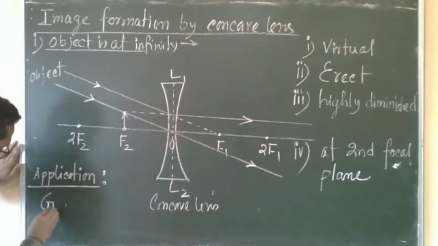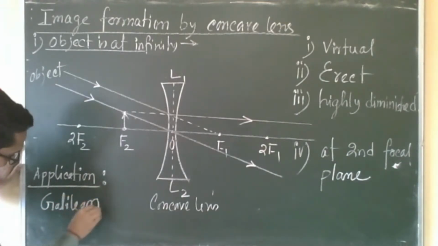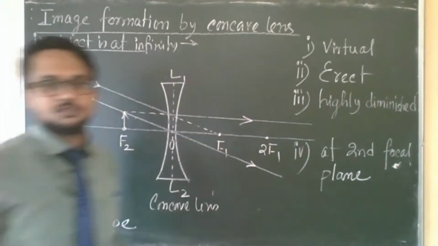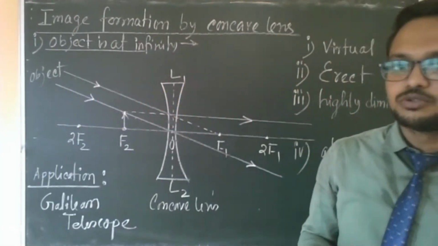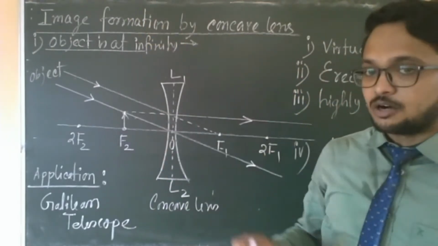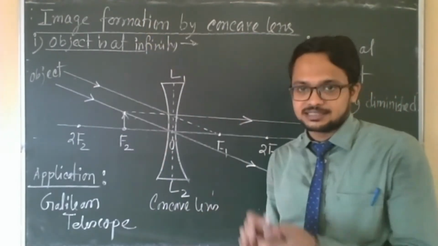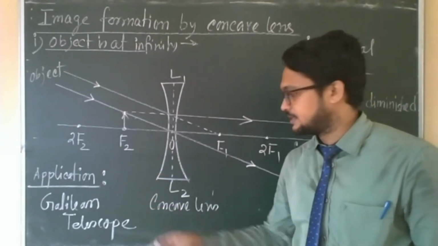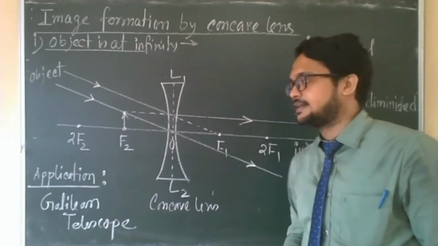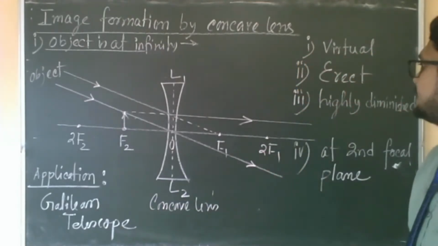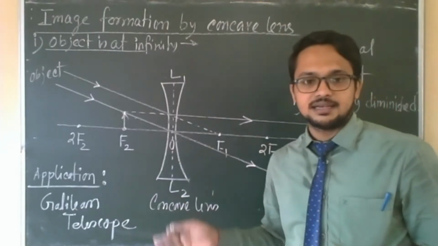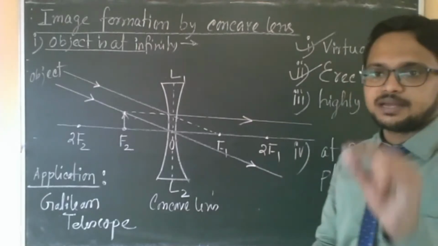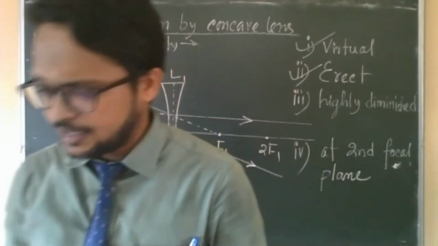Application of this type of ray diagram: we get it in the Galilean telescope. It is a kind of telescope. A telescope is used to see far objects lying at a far distance, like to see the stars or any other planet. We use this kind of instrument, known as a telescope. Galilean telescope is a particular kind of telescope. Which kind of image will be formed in the Galilean telescope? The image will be virtual. Virtual image means always erect, and a very small image will be formed inside that instrument.